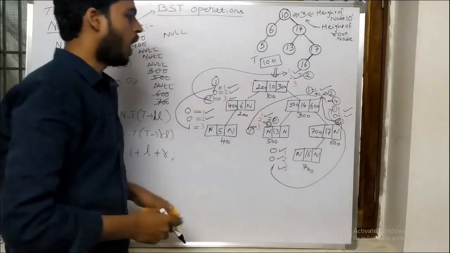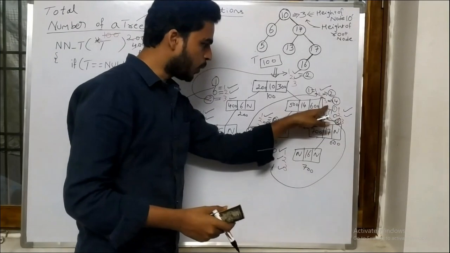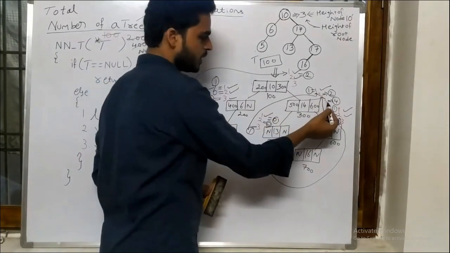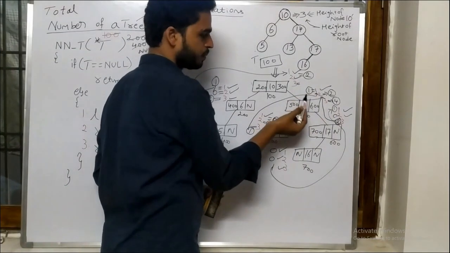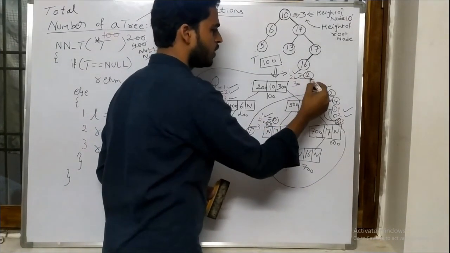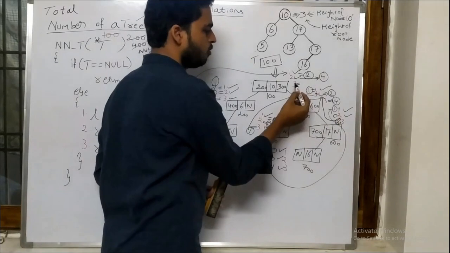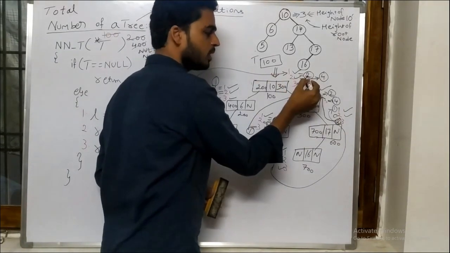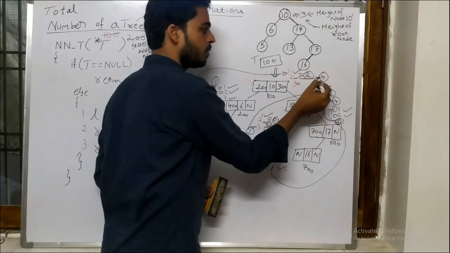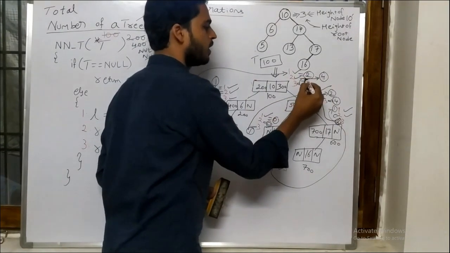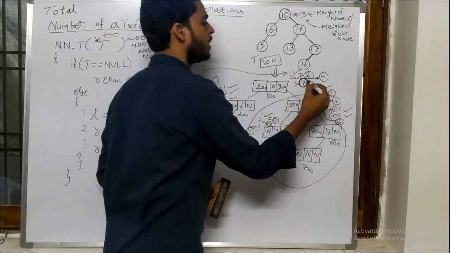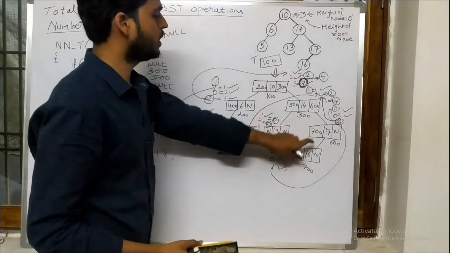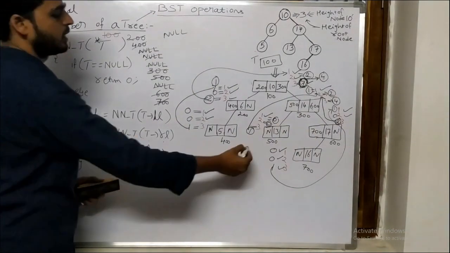See here, up to the third statement, there are a total of 4 nodes. Then after execution of this statement, this 4 will be returned to the second statement. Then in the third statement, the corresponding node 1 plus the left part number of nodes plus the right number. 4 plus 2 is 6, 6 plus 1 is 7. So this is my final answer. So just check: 1, 2, 3, 4, 5, 6, 7. So the total number of nodes in this tree are